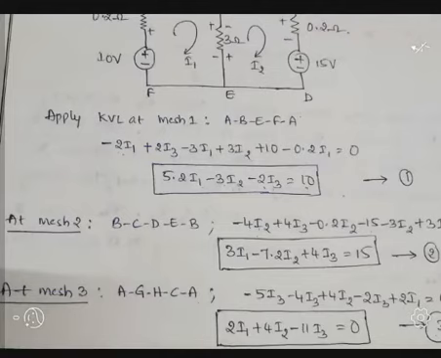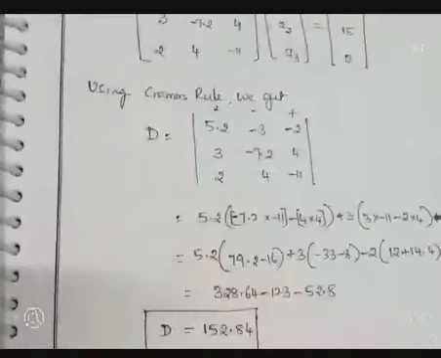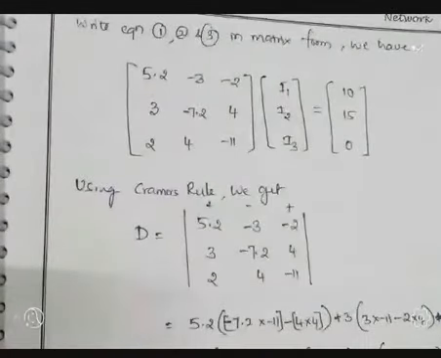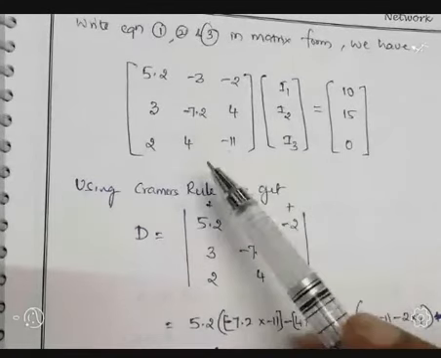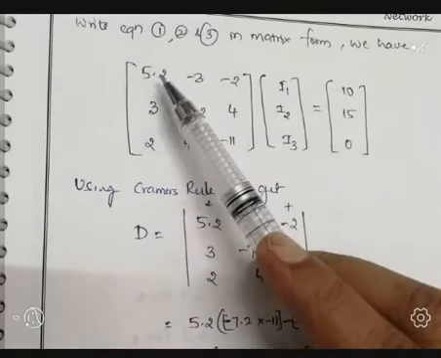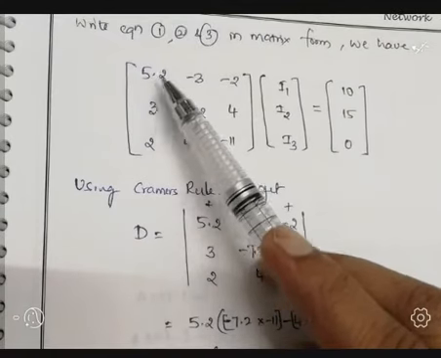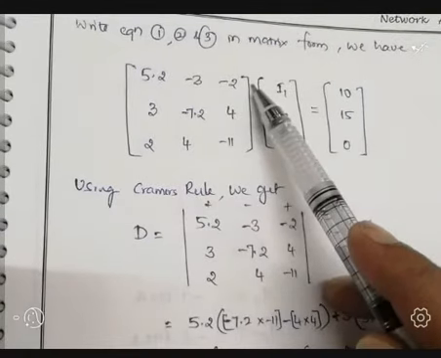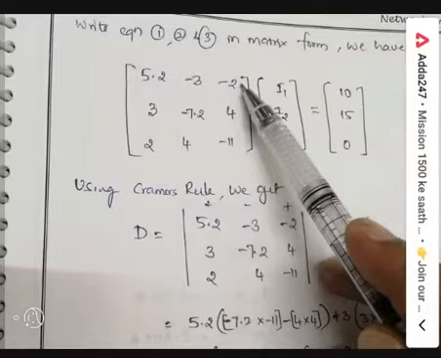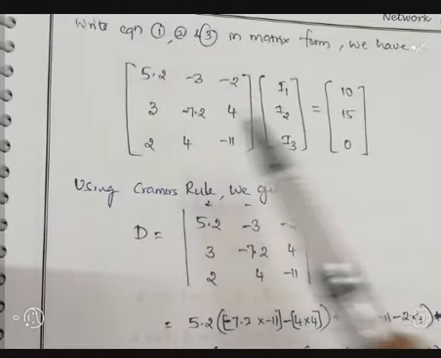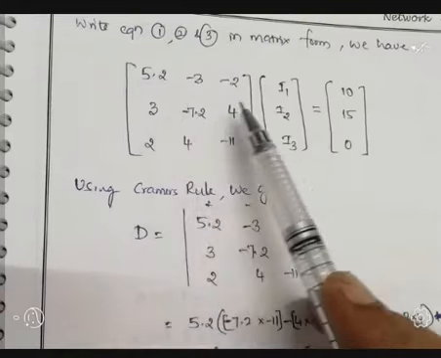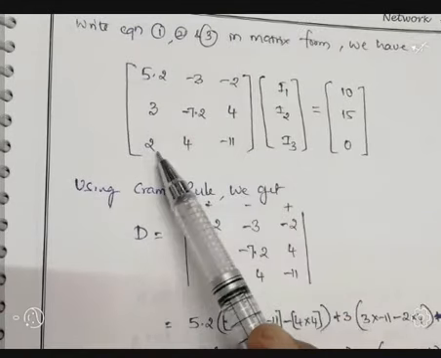You may use a calculator, otherwise you may apply Cramer's rule. Three unknowns are there. In the previous video we already discussed how to use Cramer's rule. If unknowns are more, then we have to make use of Cramer's rule. First I will write the coefficients: the first row indicates the coefficients of I1, I2, I3. Similarly, the second row indicates the coefficients of I1, I2, I3, and the third row the coefficients of equation number 3.